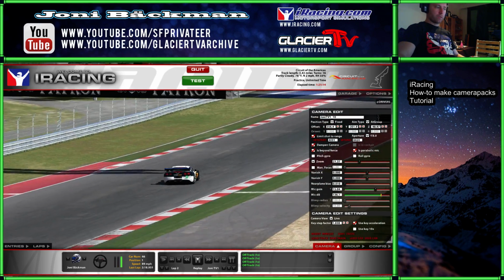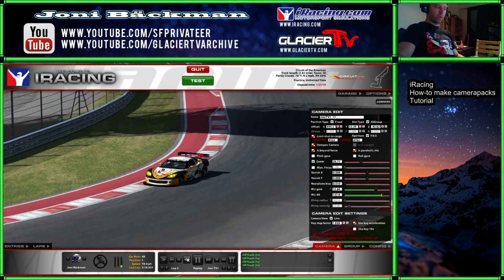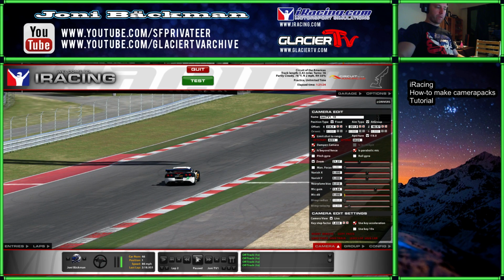And when you're making a camera pack, you should always make it according to what car you want to use. For example, the Mazda Miata MX-5 has a very different overall sound effect than, for example, a huge pile of Corvettes or a lot of F1s. So if you make a camera pack with an F1 car in it, then when you're watching an MX-5 group with the same cameras, you're not actually hearing pretty much anything, because the Miata is way more silent than